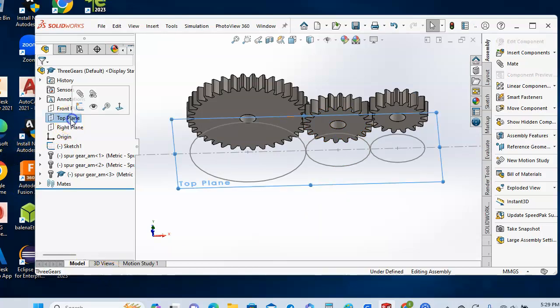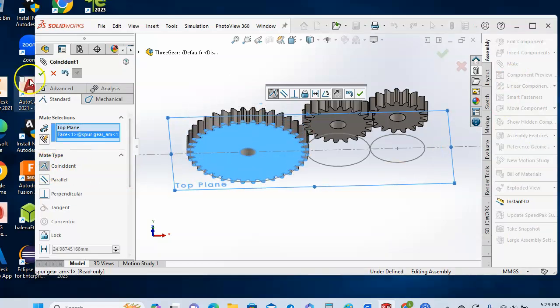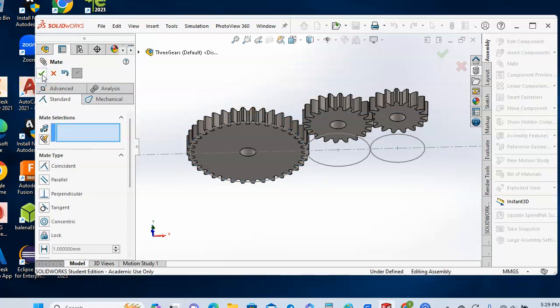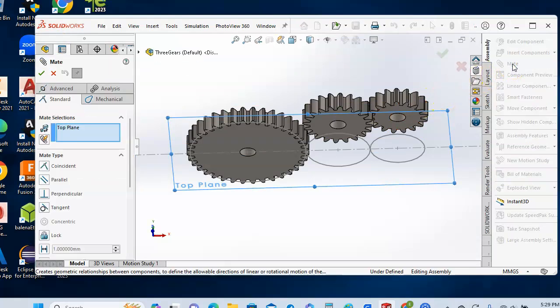So if we choose the top plane, select Mate. In this case, we will have a coincident type mate. We'll select the gear face, and there it is. Now it's mated. We have to escape out, go back, select the top plane, select mate,